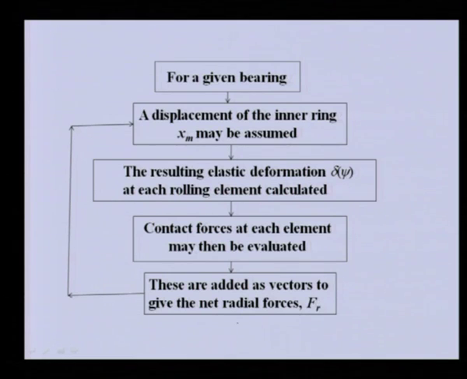If not, then again we need to give another displacement. Basically here iteratively we are trying to find out what should be the displacement for that particular given radial load. If this displacement is not the actual one, this will not satisfy, then we need to repeat this iteration till we get the close value of xm, for which the bearing is having that much displacement. In rolling element bearing, for a given force, obtaining the displacement of the inner ring with respect to outer ring is an iterative procedure,